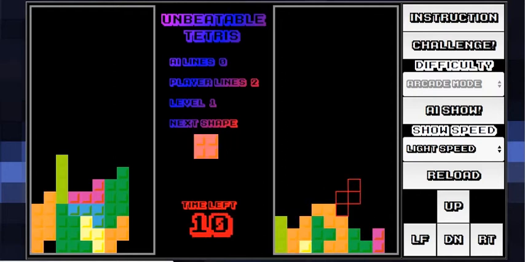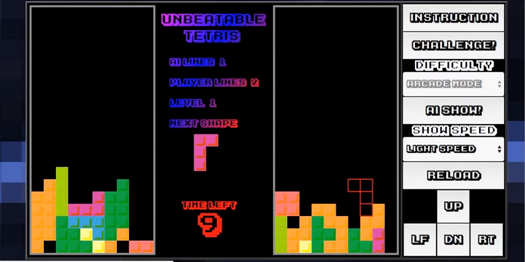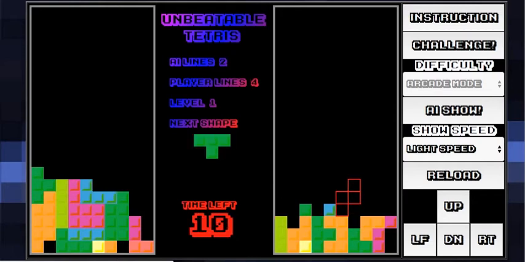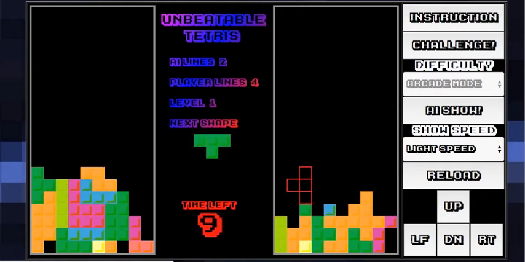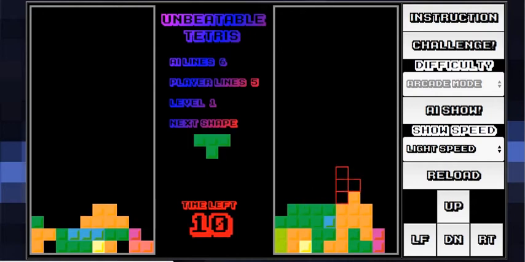Basically, we both get the same piece each round, but I have to make the move first before the agent makes its move, so that I don't cheat. And then you can see the score on top, the AI score and player score. Basically, the rows removed. Also, you can see the difficulty level. This is arcade mode. So what happens is at a certain level when I remove some rows,